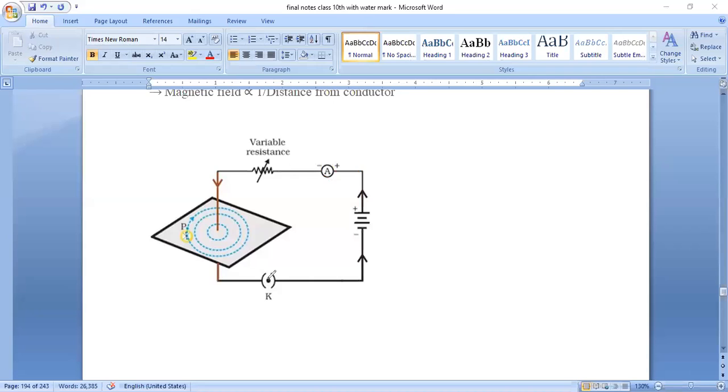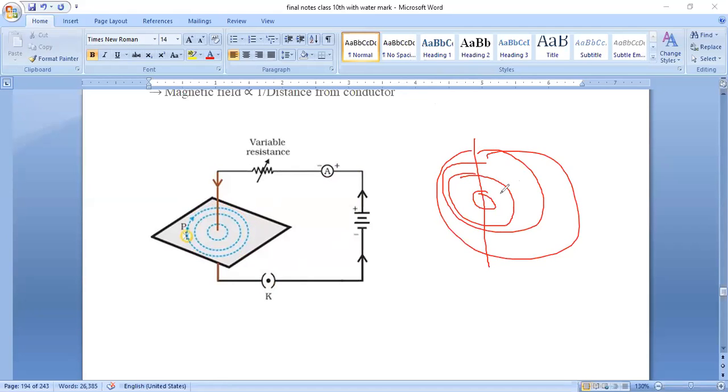So when the switch is turned on, when the switch is closed, the current starts flowing in this conductor like this. So when current starts flowing in this conductor, then the field is produced around it. How will this field be produced? That field is in concentric circles. How is the field looking? The field is in concentric circles. Please remember, if it is a straight conductor, the field will be like this.